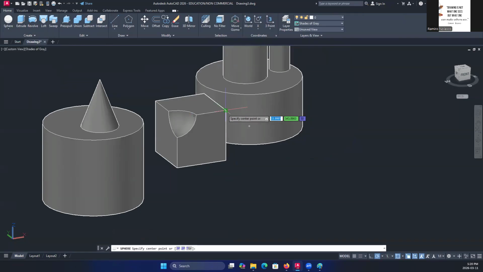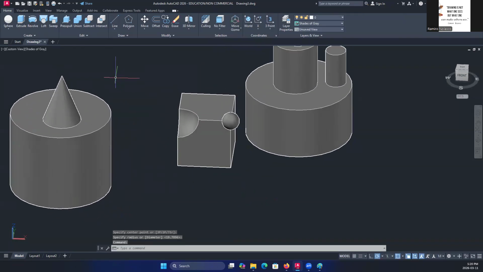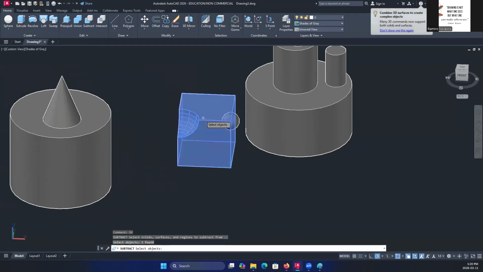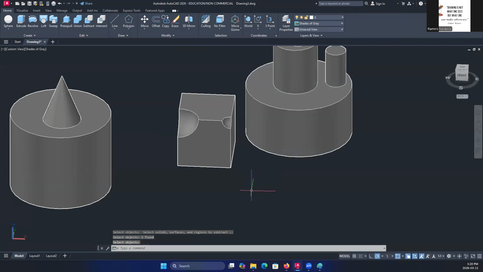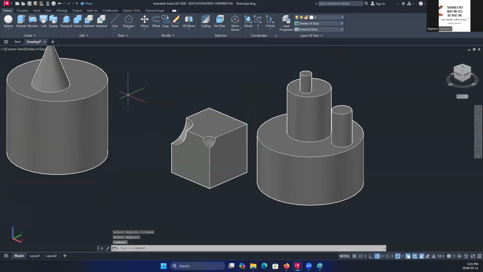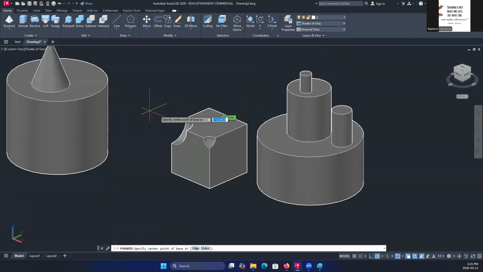So you can create again a sphere. From that corner, you can specify the radius. And then you can also say subtract. Again, SU, subtract, select the object you want to maintain, enter, select the object you want to subtract, enter. Taking a bite out of that cube. And then you have objects like pyramids as well. So again, if you want that on top of this surface right here, you can do that, or you can also do that here.